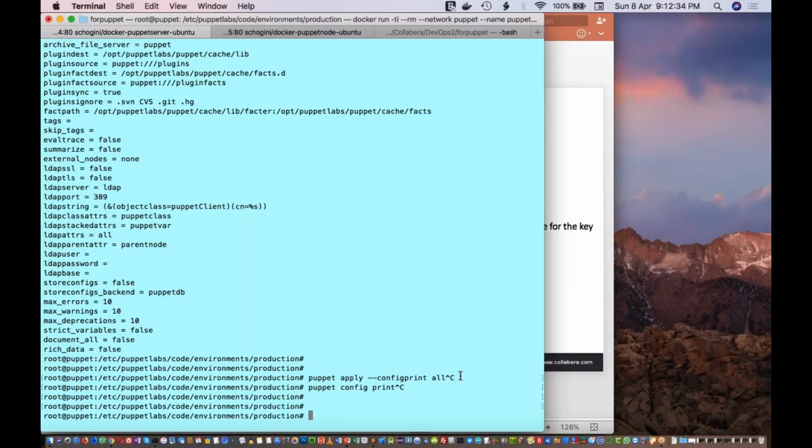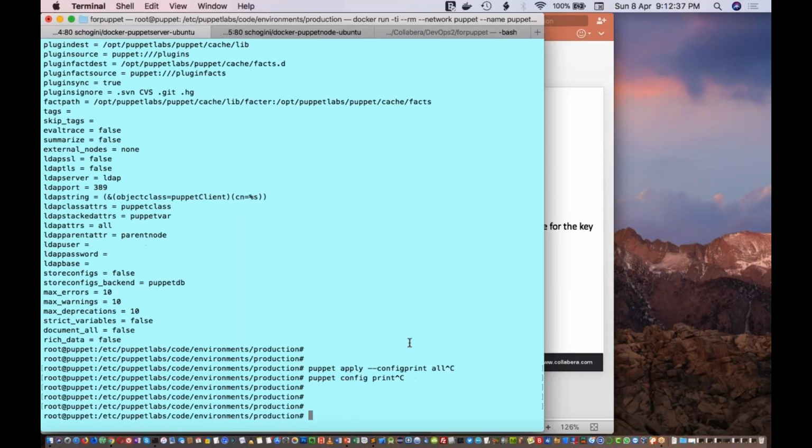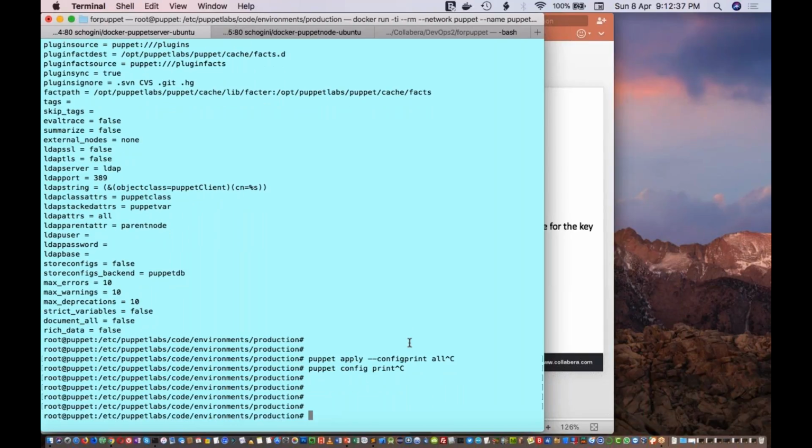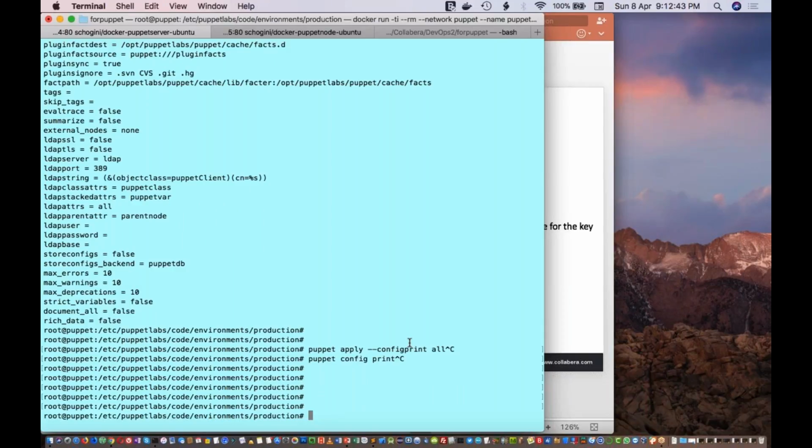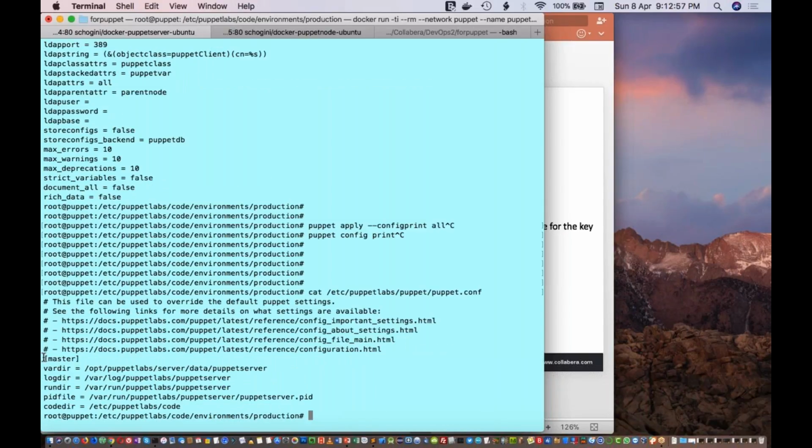Okay. Now as I mentioned earlier, you'll be able to have sections, like as I showed you earlier when I did cat /etc/puppetlabs/puppet/puppet.conf. I showed you this master section, where you can have variables.